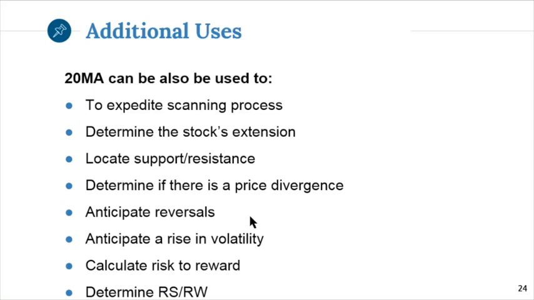You can also anticipate a rise in volatility. Typically, to be able to anticipate a rise in volatility, you want to have two moving averages, a fast moving average and a slower moving average. And then when you get the moving average crossover, that's when you can anticipate a rise in volatility. But you can also anticipate it